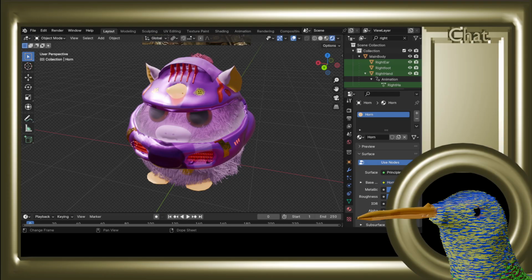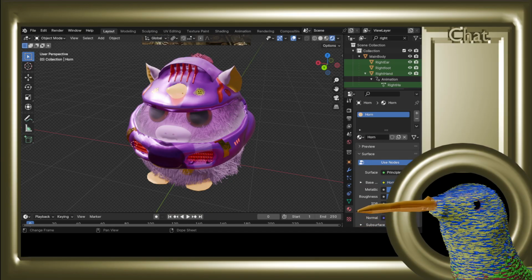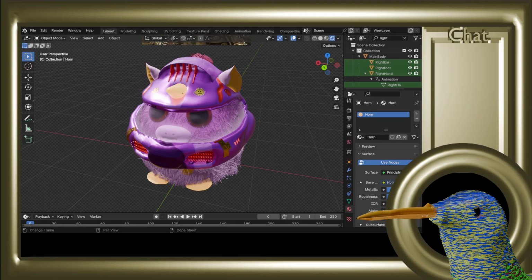Hey, Hexaphoenix, how you doing? All right, I'm gonna hide that for a second and have a look and see